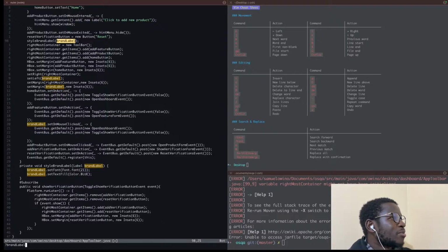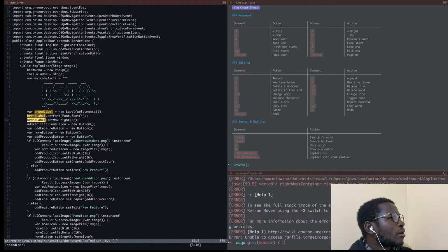So it's not able to display the whole component. So let me just see if, so I'm setting the margin there, and